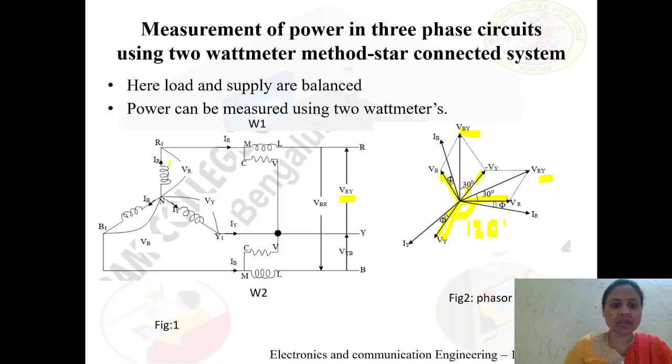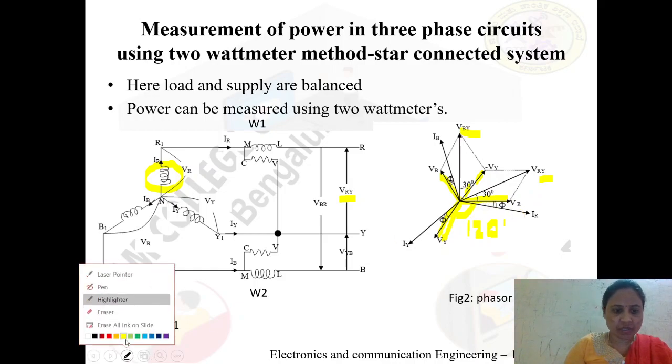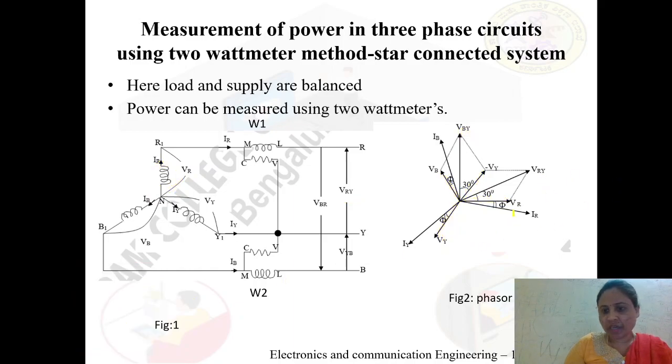Okay, and also here the load type we have assumed is inductive. So for the inductive element, the relationship between voltage and current is that current lags voltage by an angle phi, or voltage leads the current by an angle phi. So accordingly, let us write the phase current. Compared to the phase voltage Vr, the phase current IR lags Vr by phi.